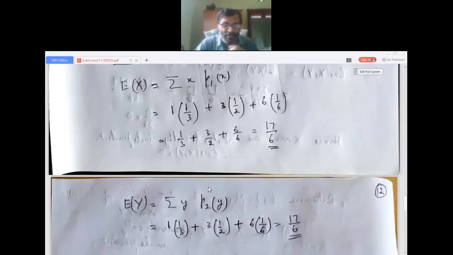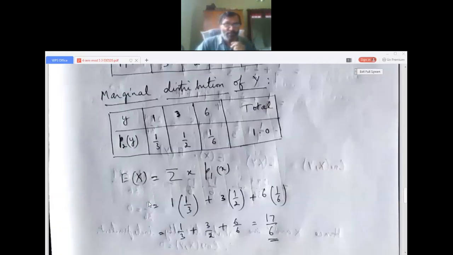Now, after this, the remarks. I told you we have to judge according to the question, to show whether x and y are statistically independent. Whenever they ask a question on statistical independence, we have to find the covariance of x, y. I'll tell you why at the end, as I told in the last session. So E of x is equal to sigma x into P1 of x, and E of y is equal to sigma y into P2 of y.